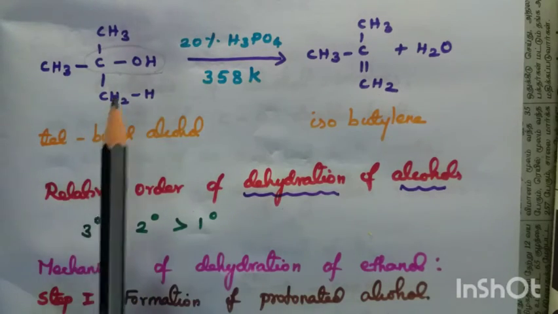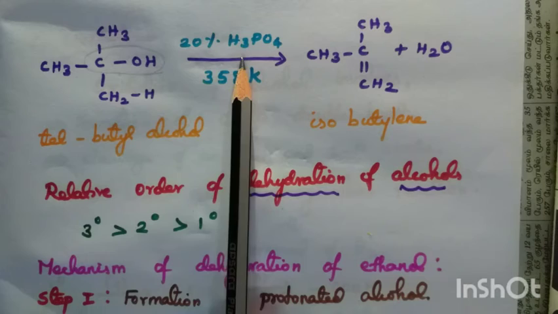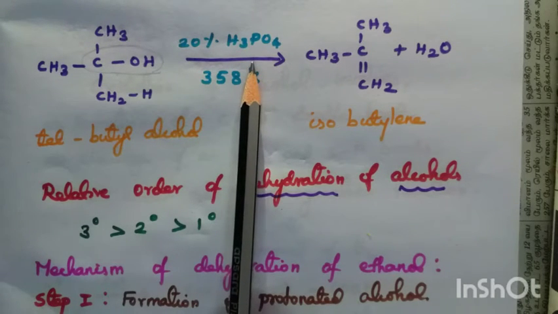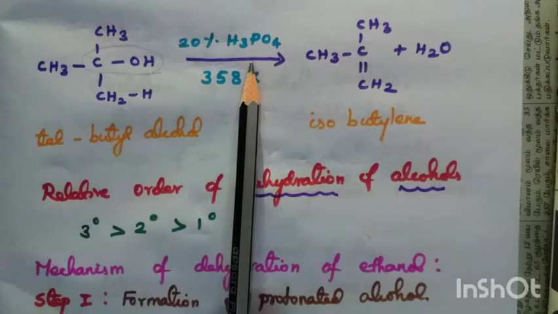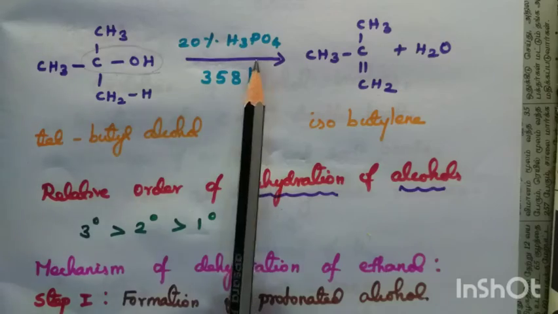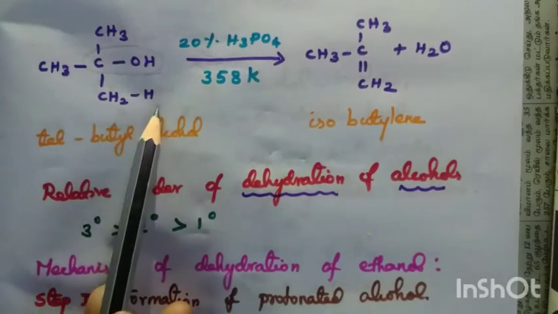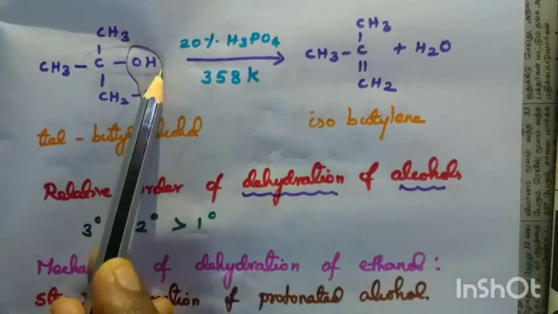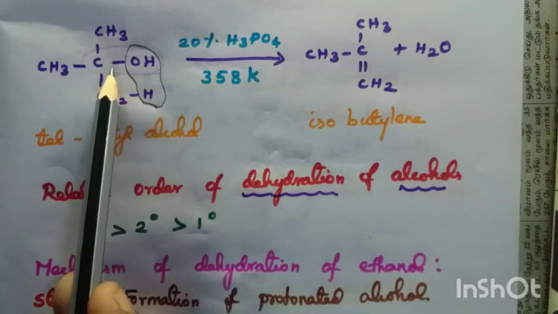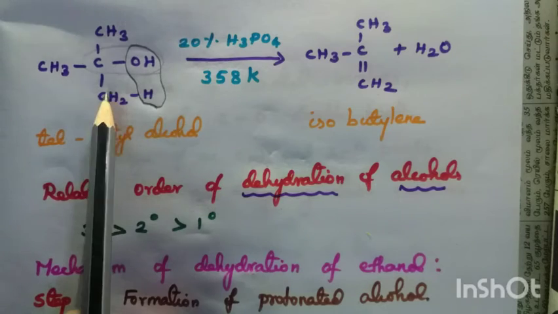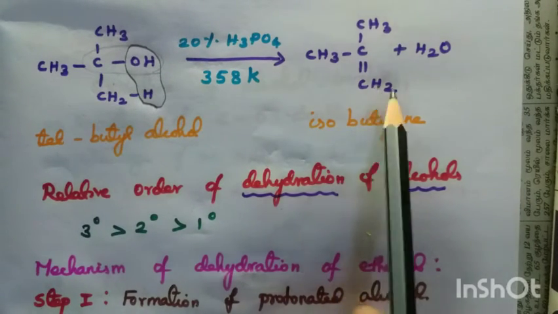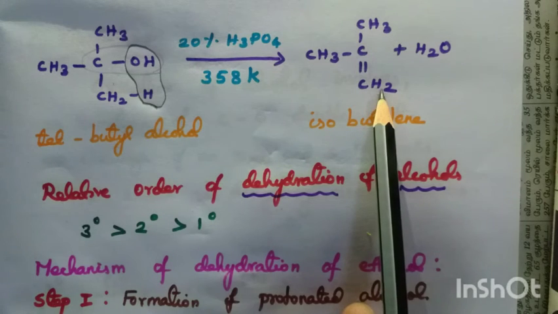Now this tertiary alcohol on dehydration with 20%. So the dehydrating agent power decreases from primary to tertiary. So using a mild dehydrating agent itself, it has a tendency to remove the water molecules. So OH from one carbon and H from the next carbon. If you remove any atom or group from the adjacent carbon atom, you have to introduce one bond, no? So it becomes double bond CH2.